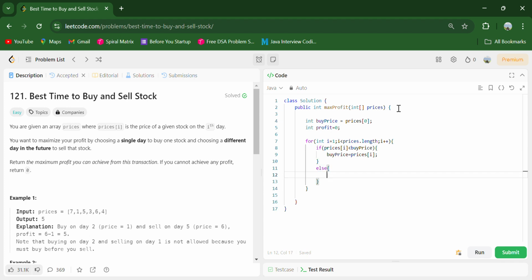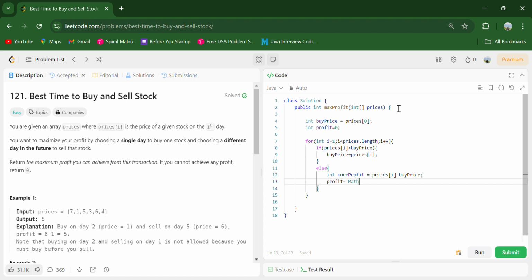Else we have to calculate the profit, because if the price is greater than the buy price, then we are having a profit. So prices[i] minus buy price,